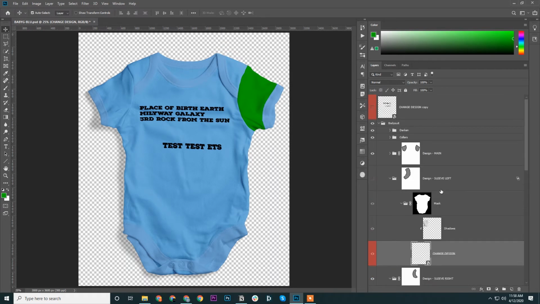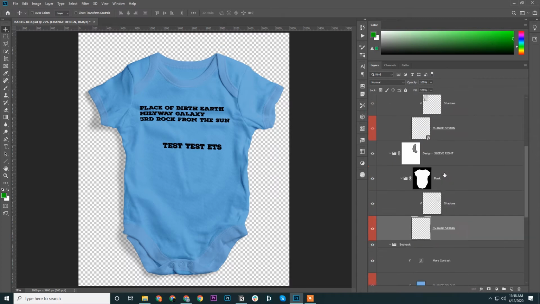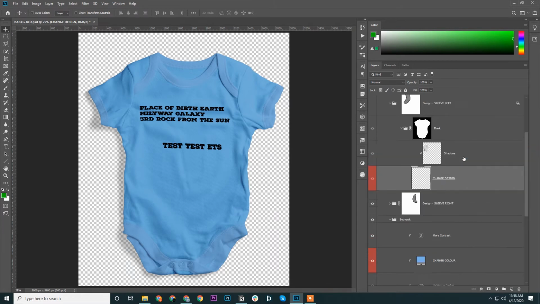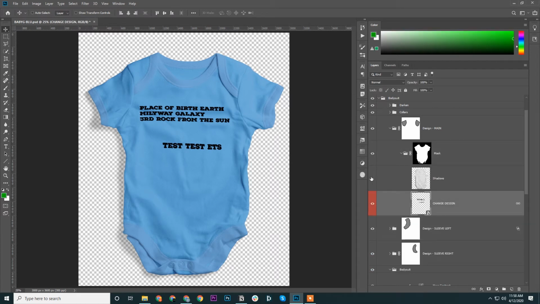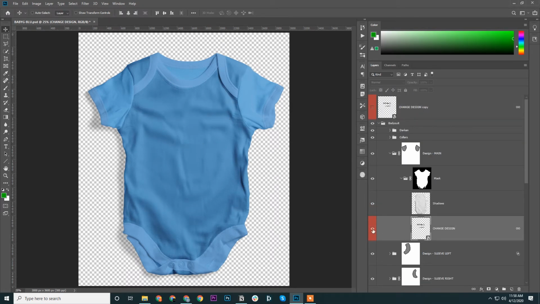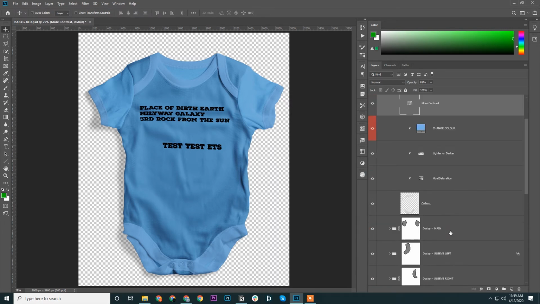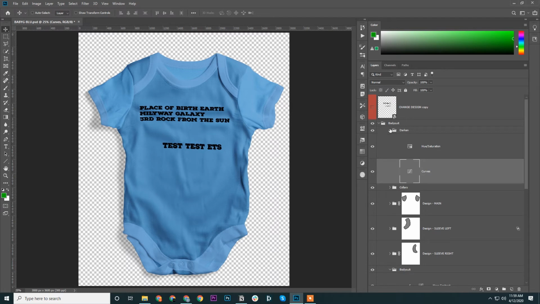So to fix this, apart from the main design that you are supposed to change, we'll have to rasterize the other layers. Right click, rasterize. Check all other layers where a smart object layer is present. We are not going to rasterize this one because this one and this one are related, if you see. So we'll not change this one. For colors, we need to check if there's any smart object layer. No smart object layer is there. Darken, no smart object layer is there.